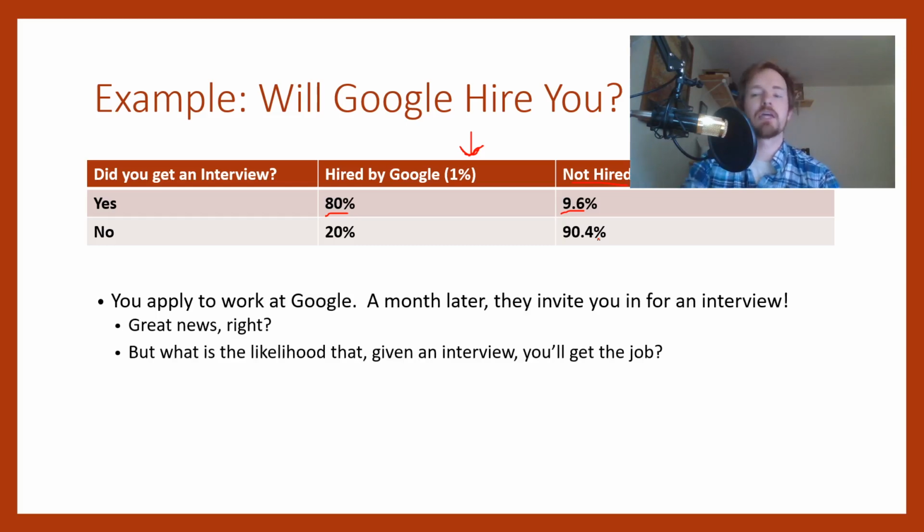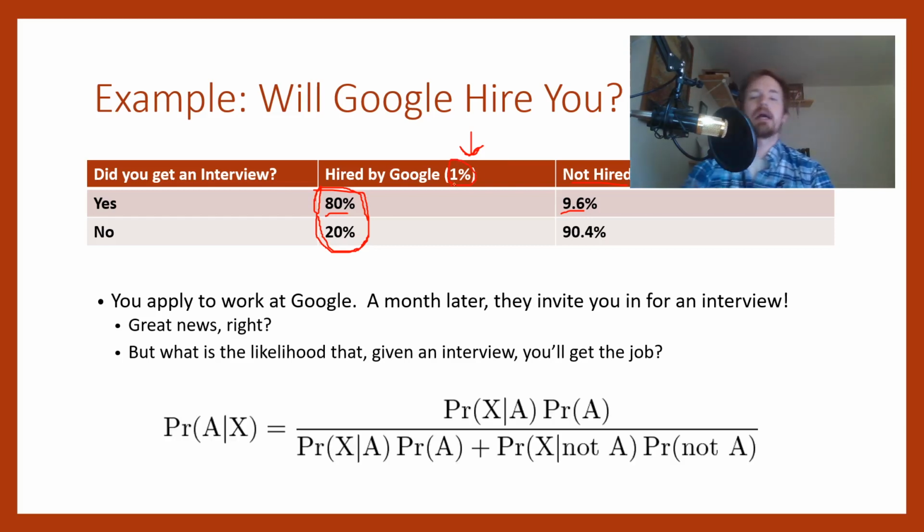All right, so if somebody during Thanksgiving dinner is asking you, hey, how's the major going? Are you going to get a job anytime soon? How do you know what to tell them? Let's say that you did get an interview at Google. What do you tell them? Do you tell them that it's likely or that it's not likely, right? Because we have two things to worry about here. We might just look at this piece right here. If we're just looking at this, it looks like if you got an interview, you're good, right? But it's important to consider this piece right here, this 1%. That makes a huge difference.